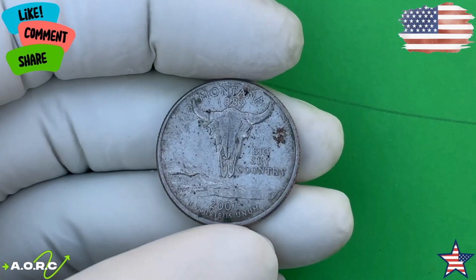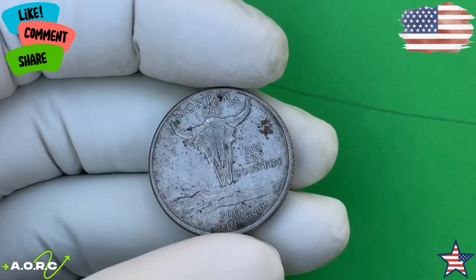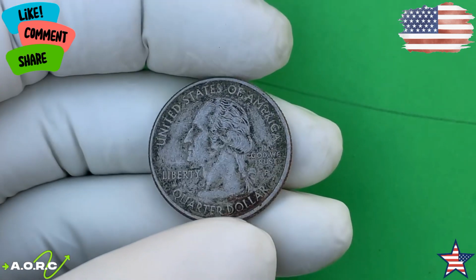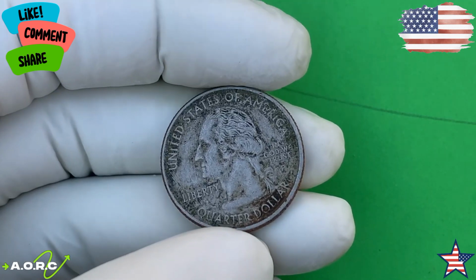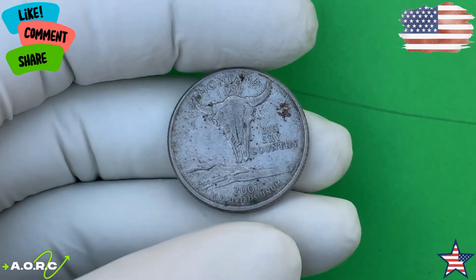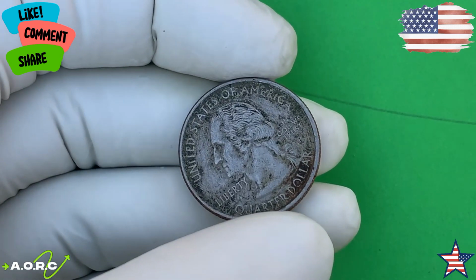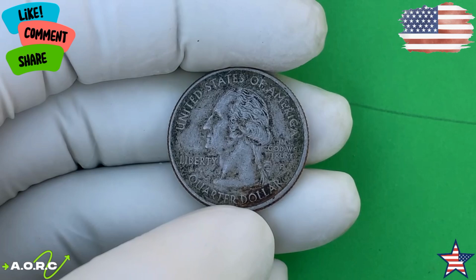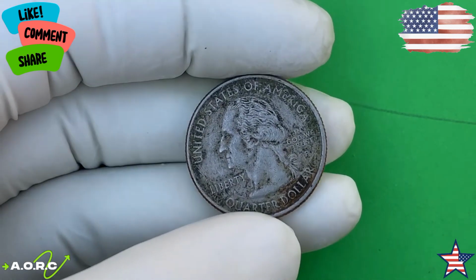a fortune. In 2007, the United States Mint continued its State Quarters program, an ambitious initiative that began in 1999 to celebrate the heritage of all 50 states. The 2007 series featured 5 states: Montana, Washington, Idaho, Wyoming, and Utah. Each coin's reverse design highlighted iconic symbols unique to the state it represented, making these quarters not just currency but